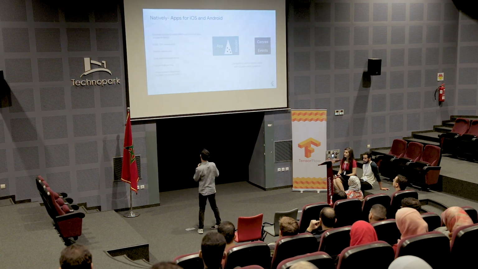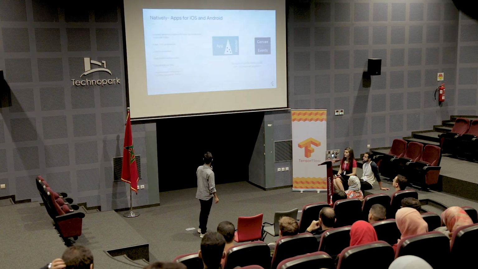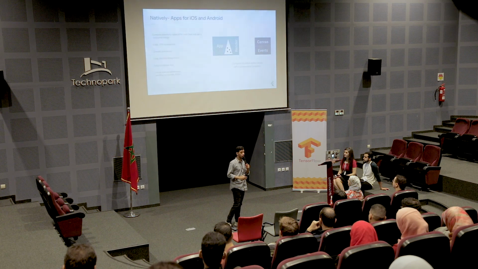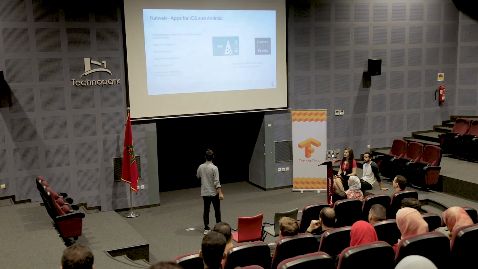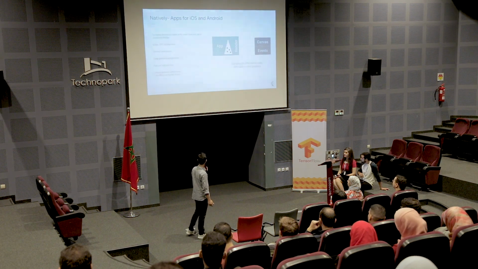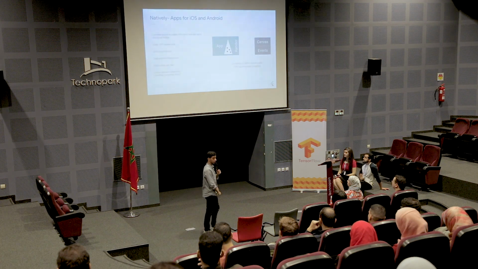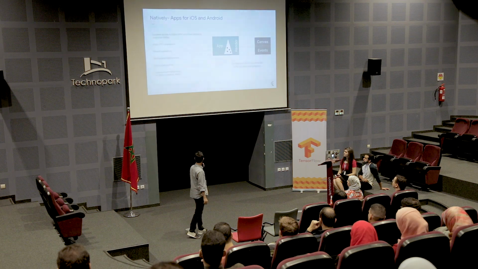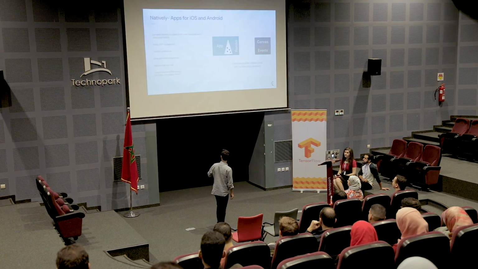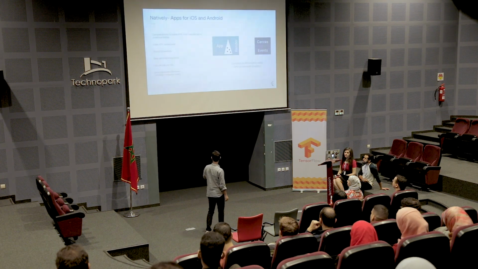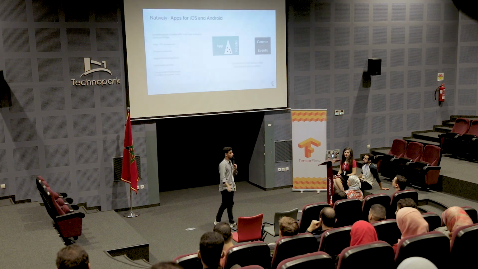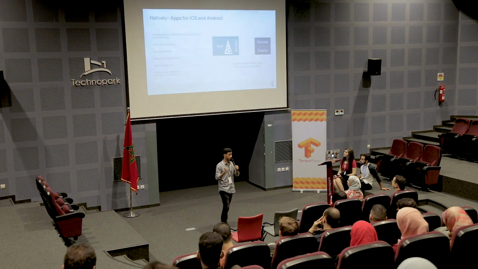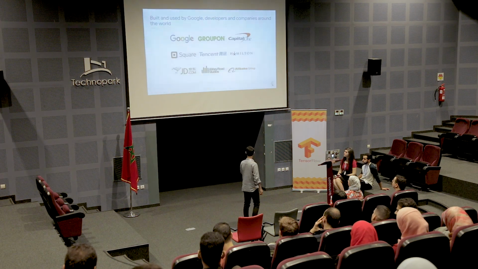So it compiles directly to native ARM code. It does not use a JavaScript bridge. As we know, JavaScript works well on web, but not on mobile. So it's 60 FPS, frames per second. This is amazing. If you're a photographer, you know what that means. GPU accelerated, smooth animation, deep platform integrations, native look and feel, and critical platform differences: scrolling, navigation, fonts, which makes the screen use every pixel in your application.